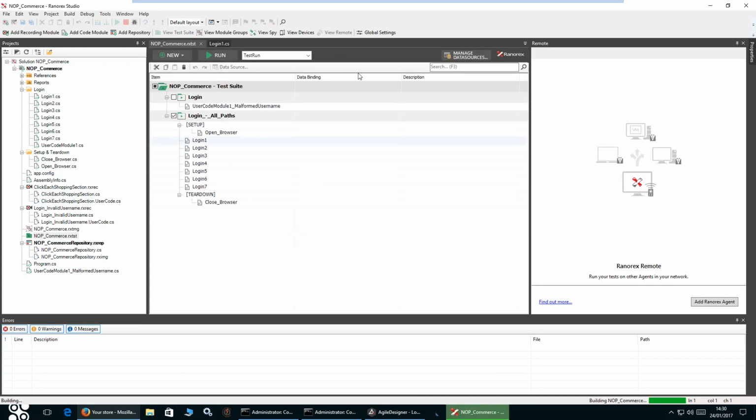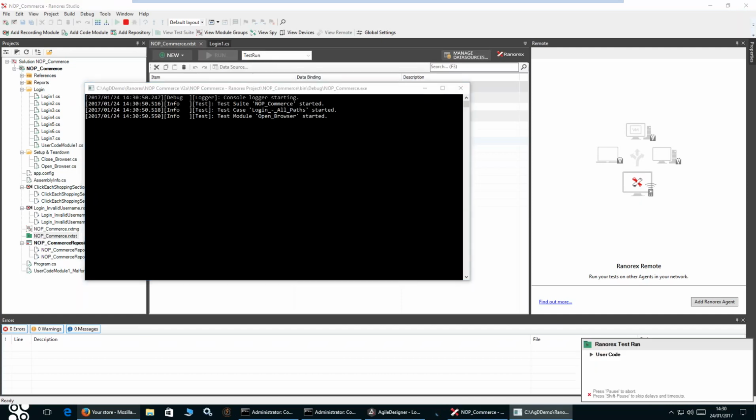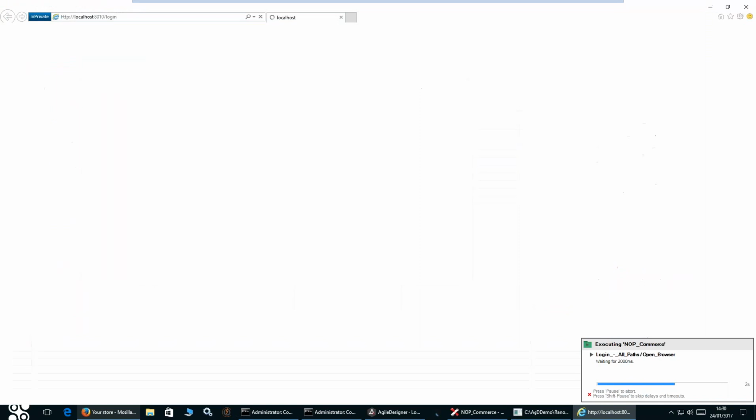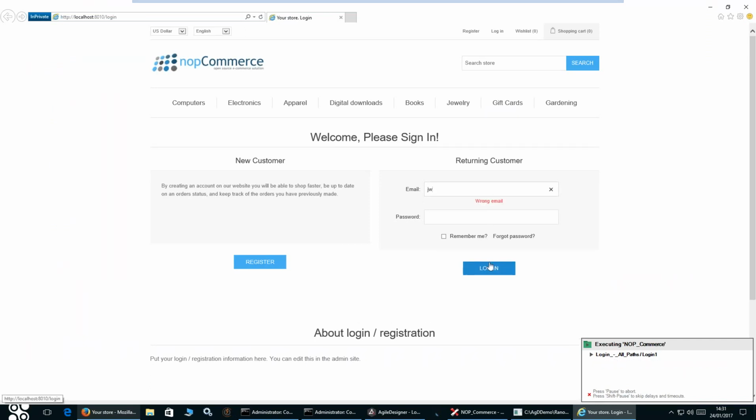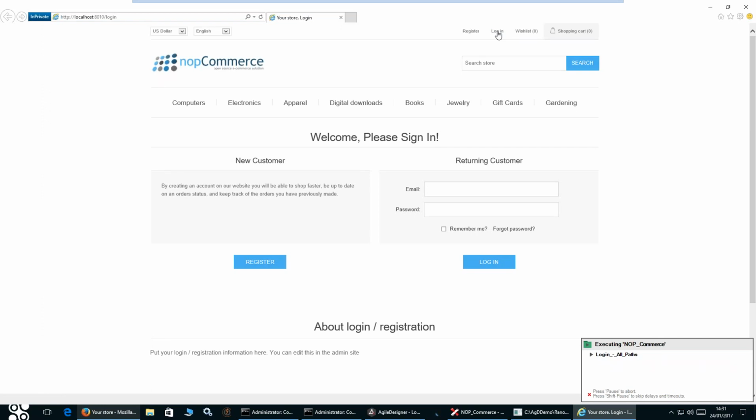This is now going to, we've just created, just building the commerce script for a moment, give it a second. So what's happening here is that we've done some modeling, we know the objects that are on the screen. There are various object spies, and I'm going to show you how to use those in a minute. Eggplant have one, RunnerX have one, there are various tools out there. It depends at what stage you want to build your automation. This is the RunnerX script running now, so we'll let that run while I'm chatting. If you know the names of the objects that you're going to be putting onto a screen or to an API or something like that,